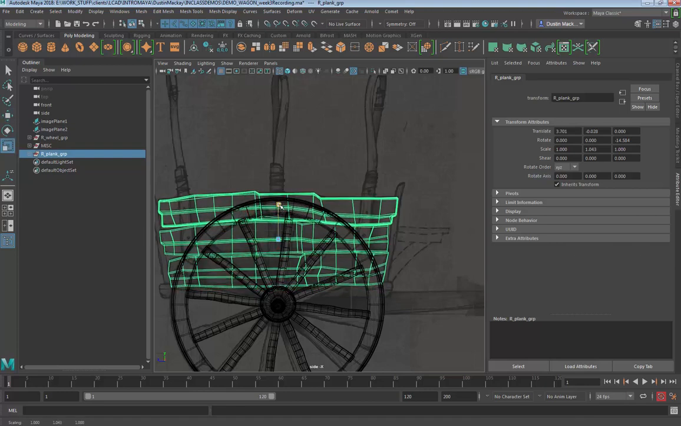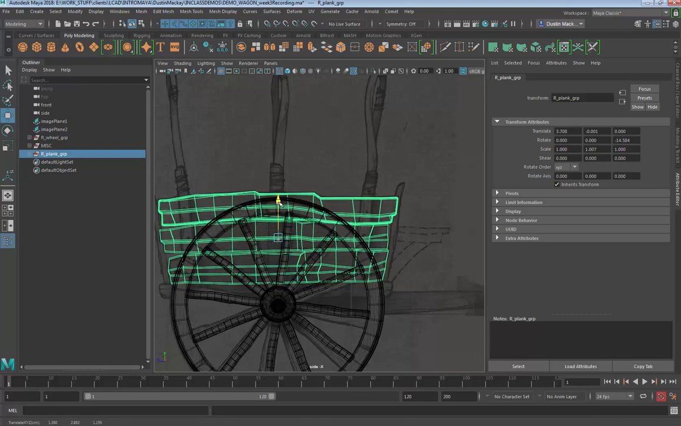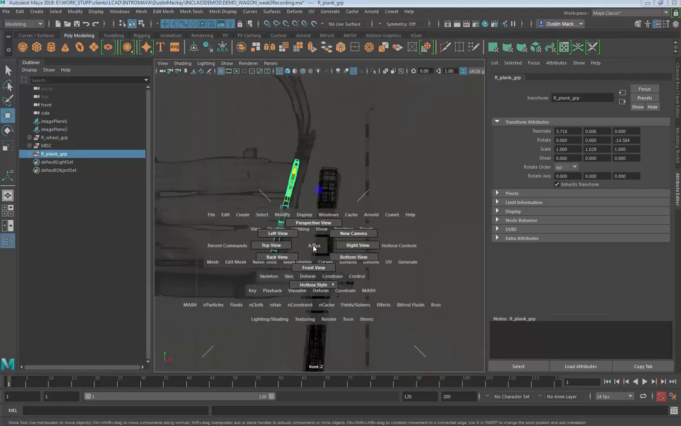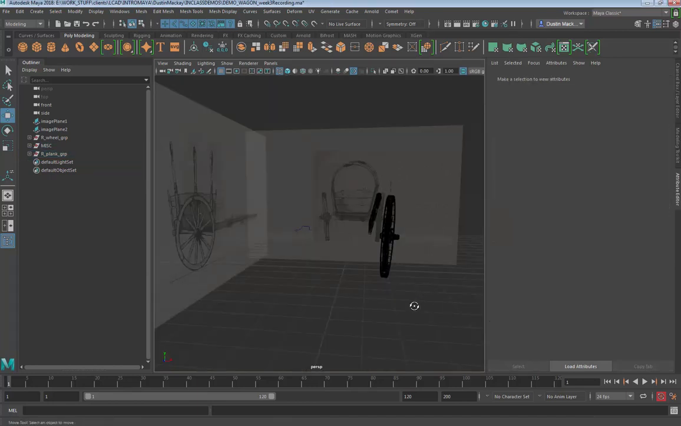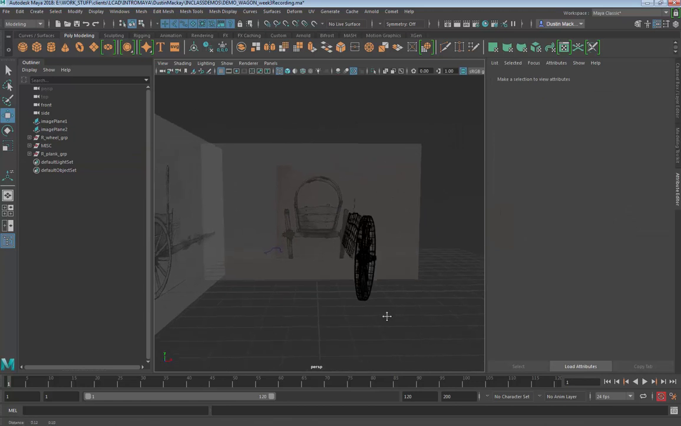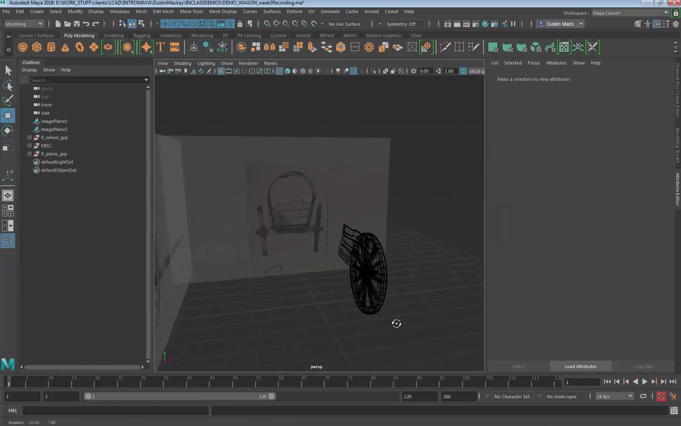Scale it up a little bit from this angle. Put everything in object mode. Yep. Okay, nice. So that's in position. So let's go ahead and move forward with